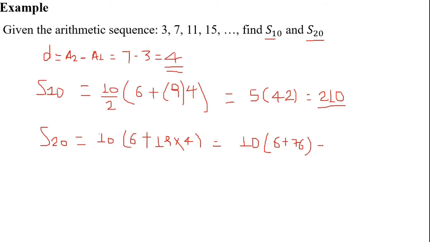So 82 times 10 is 820. So if you add the first 20 terms of the given arithmetic sequence, you will obtain 820. So this is all about how to find the sum of a given